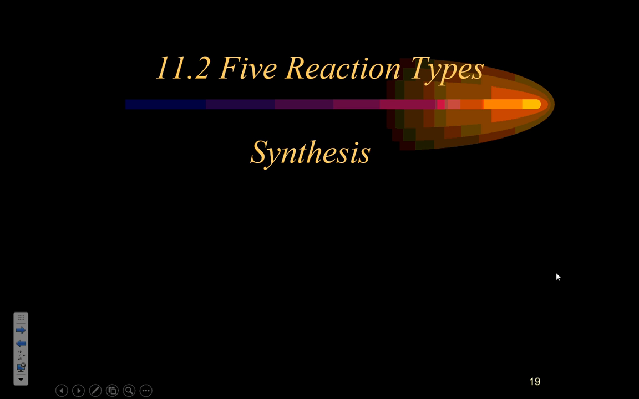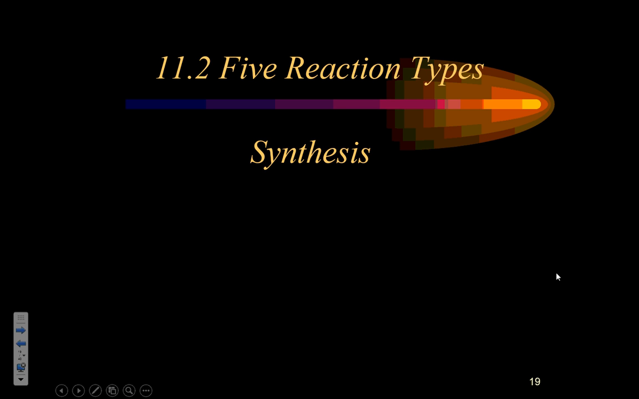Now, the second section of Chapter 11 deals with the 5 fundamental types of reactions. So there's different patterns and different similarities in how certain types of reactions occur, and if we understand the pattern, we can use the pattern to predict, and that's in the end where we're going. But first, you need to learn to recognize the pattern, then you've got to practice the pattern, and then you